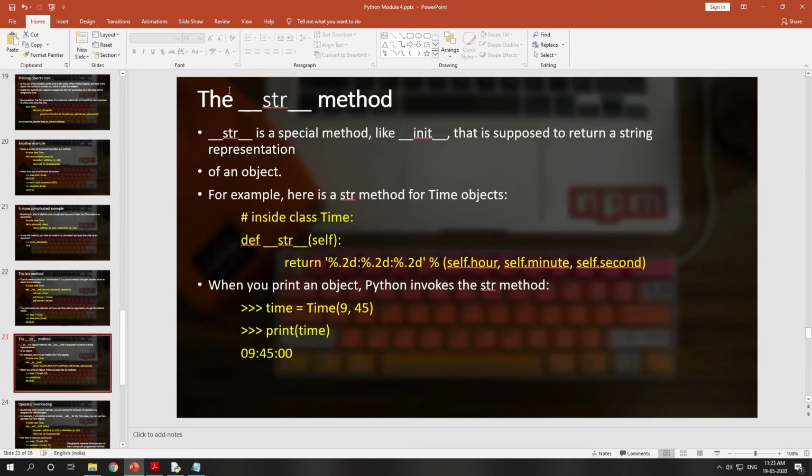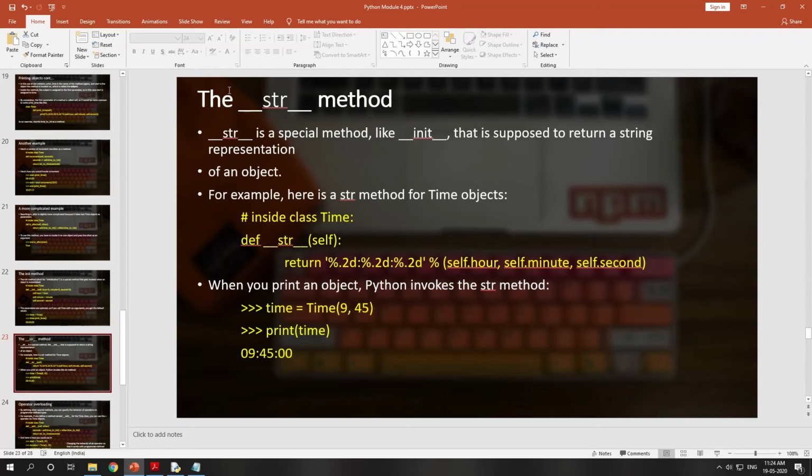I have told you that in Java, whenever you create an object, suppose myBox is equal to new Box, and then you want to print that object, System.out.println(myBox). What will it show? It will show you the address, right? So if you want to describe that object, in Java you use the toString method, which returns a string representation of the object. We were using toString to describe an object.